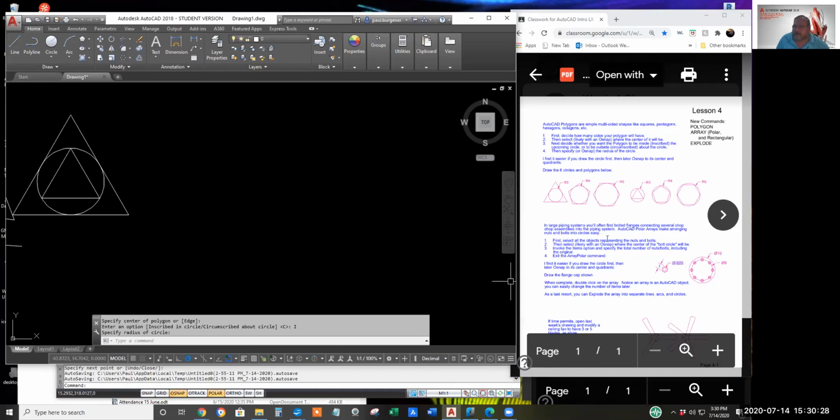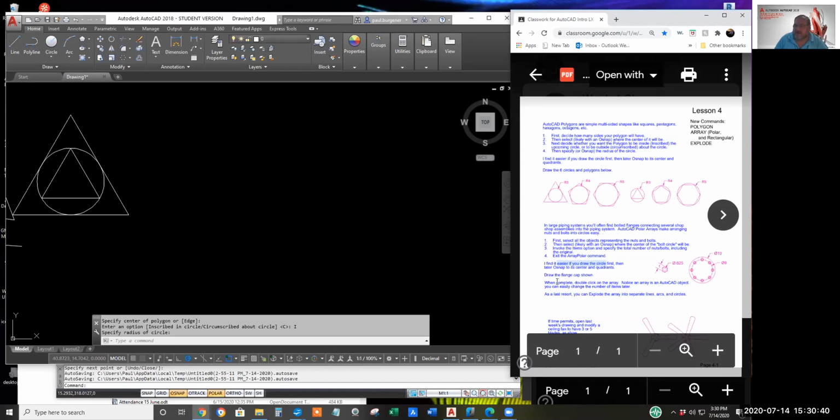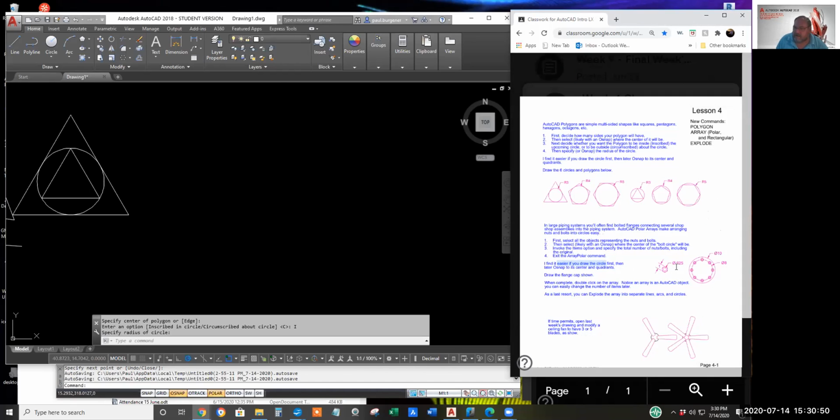Again, I got some narrative here, some kind of a step-by-step. Again, I point out I find it easy to draw the circle first, and that gives you something to object snap to. So let's draw a, okay, here we go, a 1 unit.